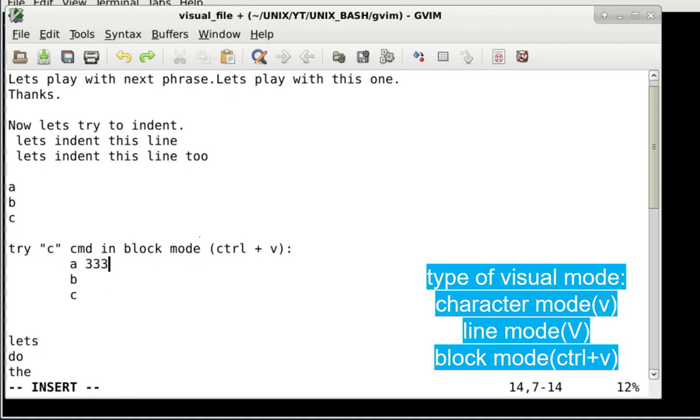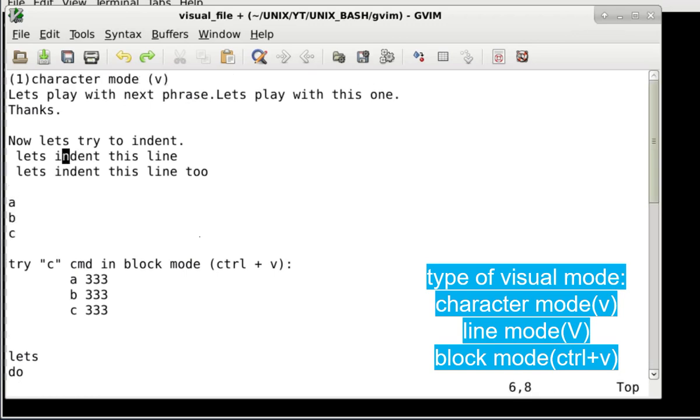As soon as I change the first number to 333 and hit escape, it will also change for that selection of the block, meaning it changed not just the first but also the remaining two. Clear? This is called small c as a change command, but this is not specific to block mode. It can also be used in character mode. For example, if I am here on this 2 and I use V and select this and say small c, I can type something else